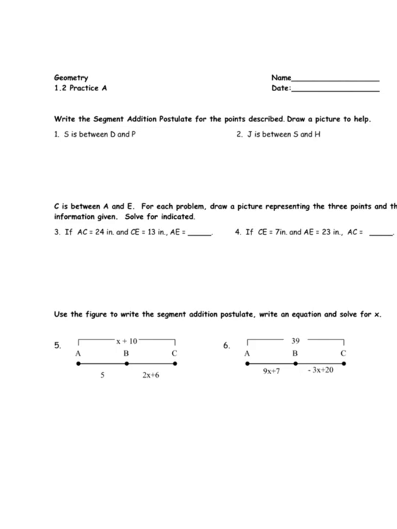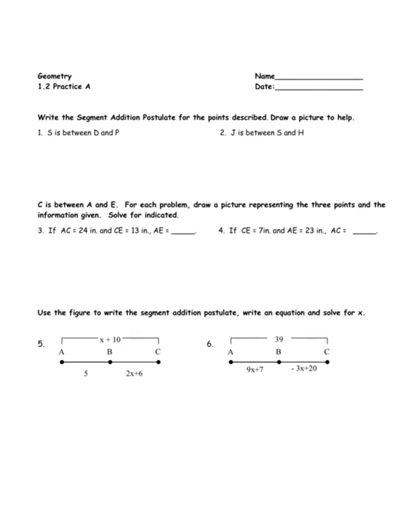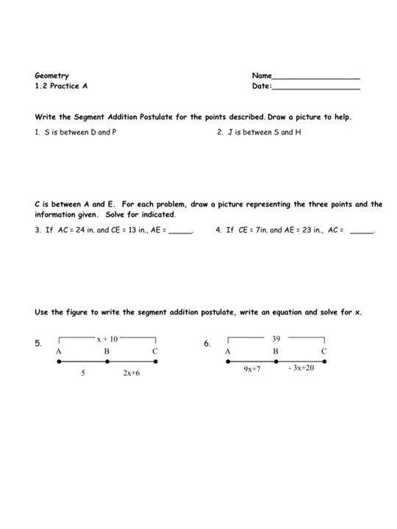Okay, let's look at number 3. Number 3, C is between A and E. For each problem, draw a picture representing the 3 points and the information given. Solve for the indicated. So what they are saying, if I drew a picture, C is always between A and